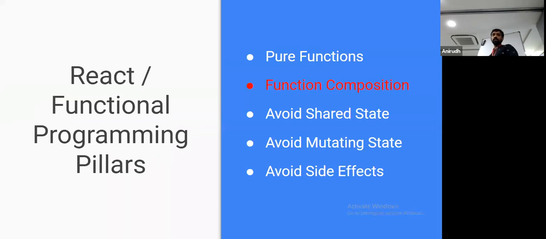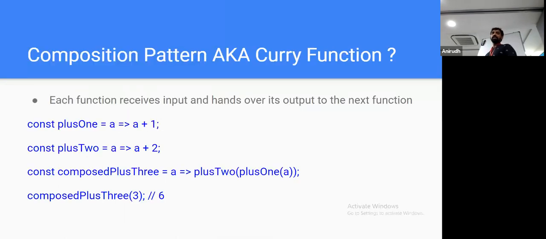So let's move on to the second pillar, the functional programming pillar, which is function composition. This is a very important pillar in React as well as functional programming. Basically, functional programming is like one output being passed as an input to another function. This is basically part of the curry function, where you have only one functional parameter, and you keep on building the chain and